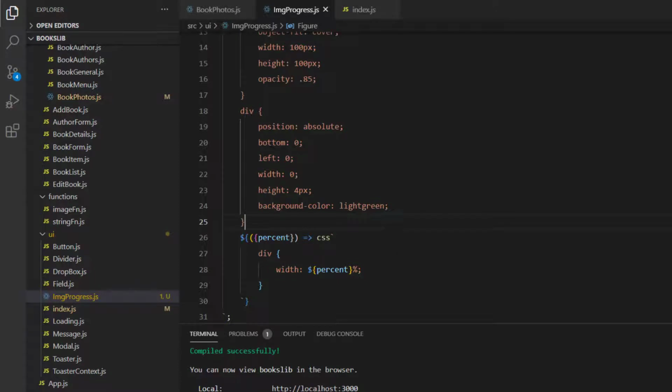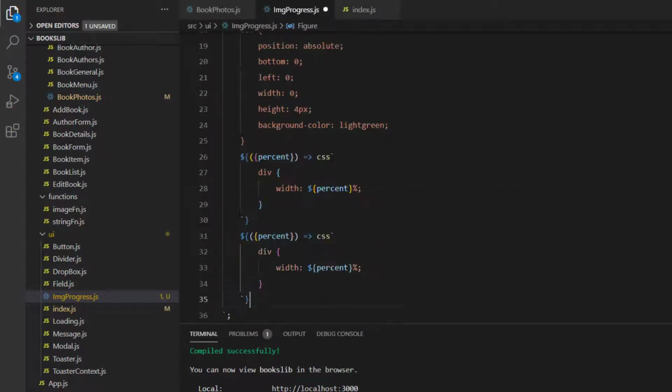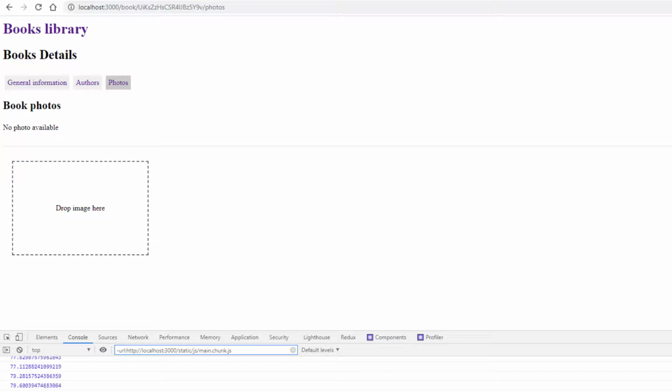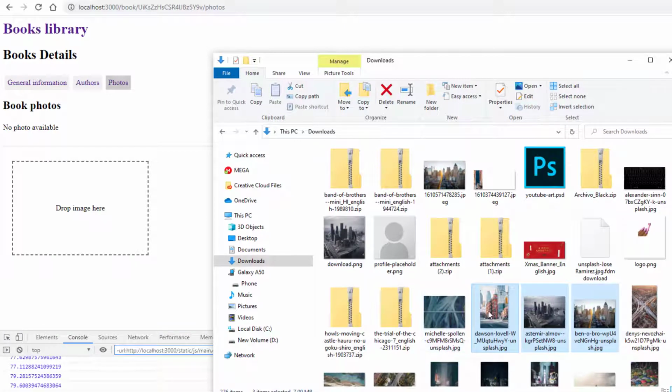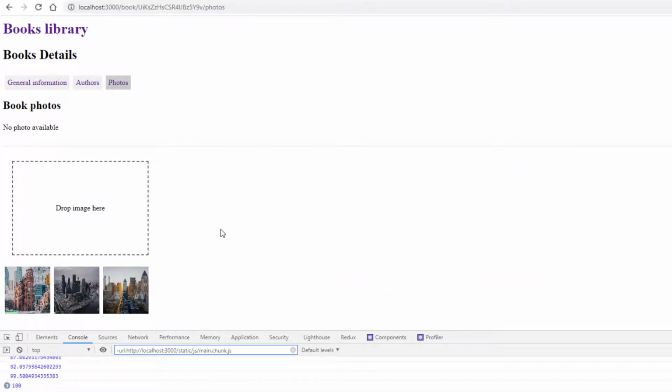So here what I can do is add another function that will check if the percent is equal to 100. Then I will add a new style sheet for the parent figure, which will be transform scale to 0. So let's give it a try. If I deploy now 3 images,